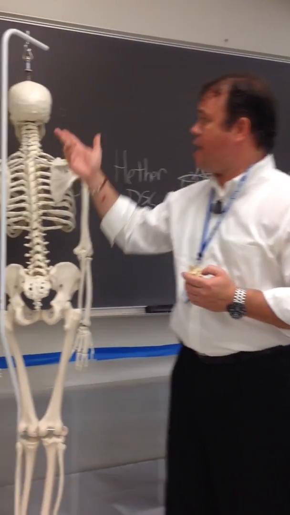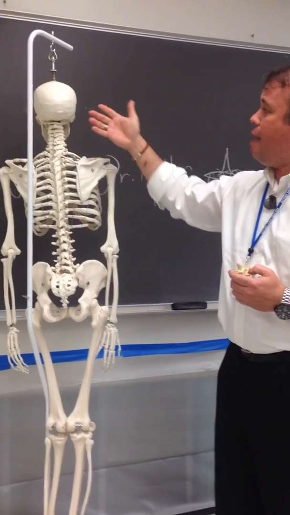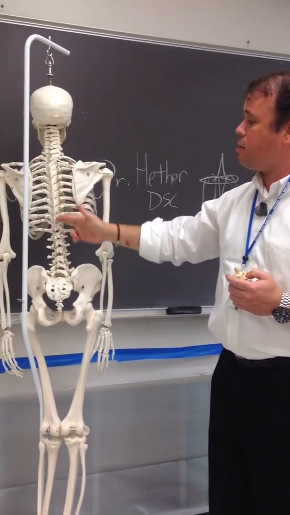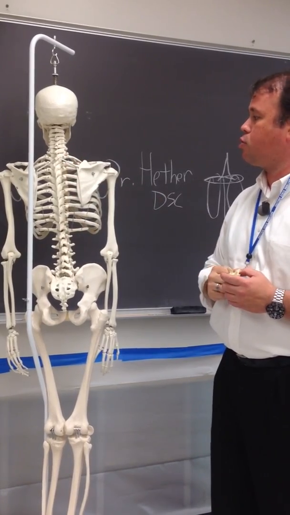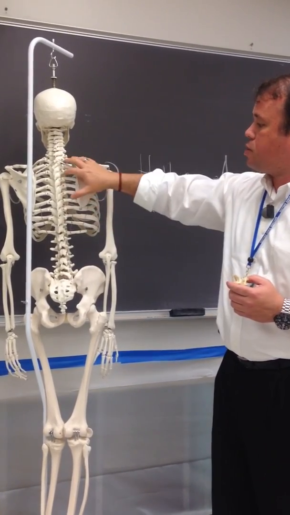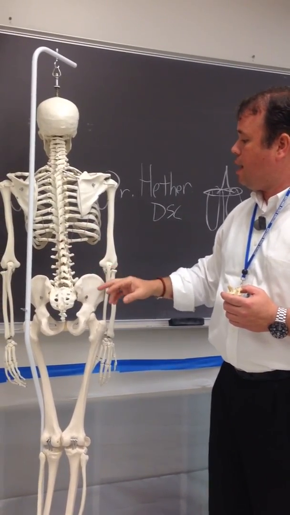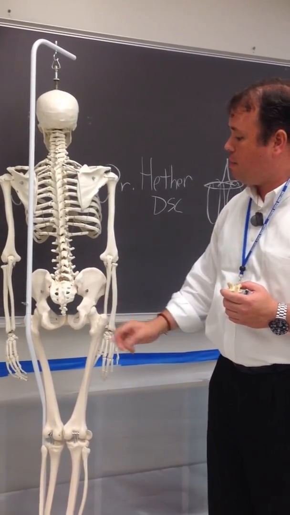All right, so the next part of the axial skeleton we're going to talk about is the actual vertebrae, okay? At the top, we have the cervical vertebrae. There are 7 of them. The mid-back, the thoracic, some textbooks call it the dorsal spine. There's 12 of those associated with 12 ribs. The lumbar spine is the low back, and then below that we have our sacrum, and below that we have